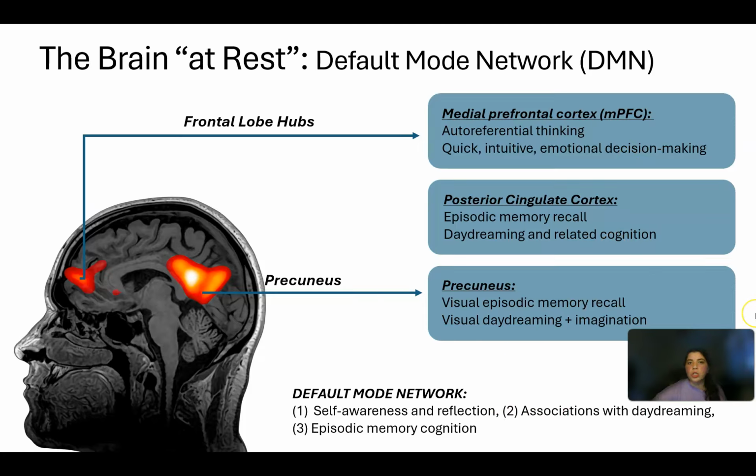Largely daydreaming and focusing on sort of internal thoughts when there's no external cognitive task or pressing stimulus that needs your immediate external attention. Lastly, within the posterior region of the brain towards the occipital lobe, we have the precuneus. And so that's going to support episodic memory recall from a visual setting. So the precuneus is going to be responsible for almost being able to create movies in your head when you're daydreaming because it has this ability to support that episodic memory recall and daydreaming with visual stimuli and drawing on